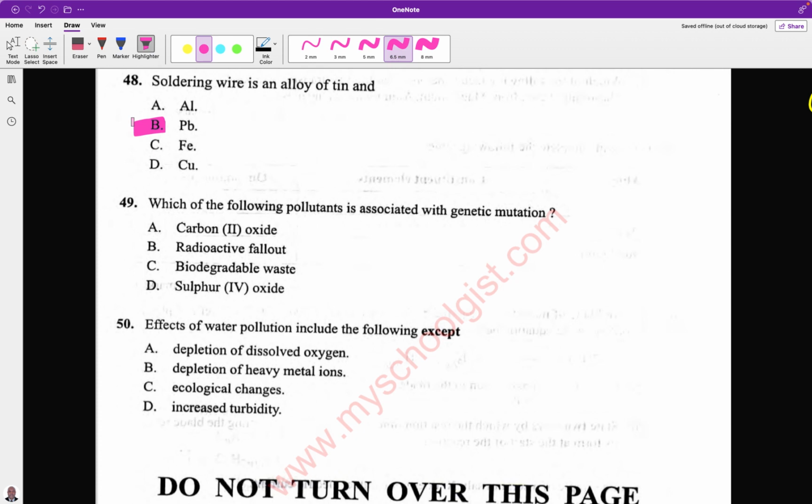Radioactive activities like a nuclear reaction in nuclear centers or during war, atomic bombs, all those things that result in nuclear activity